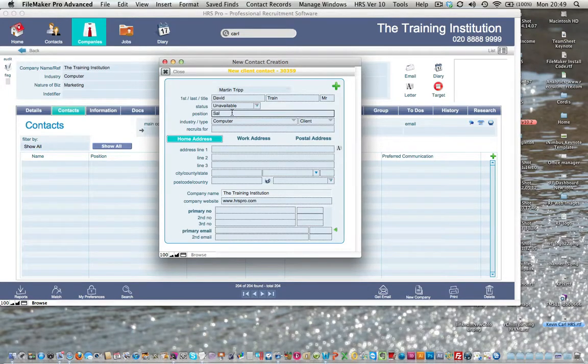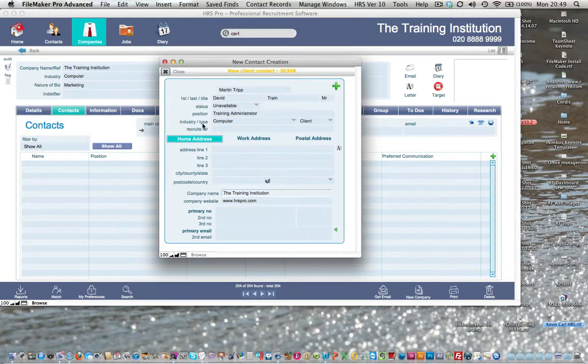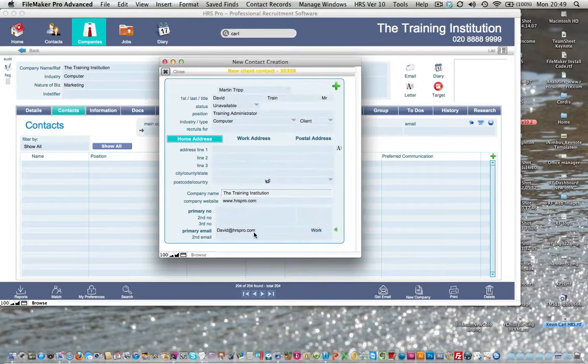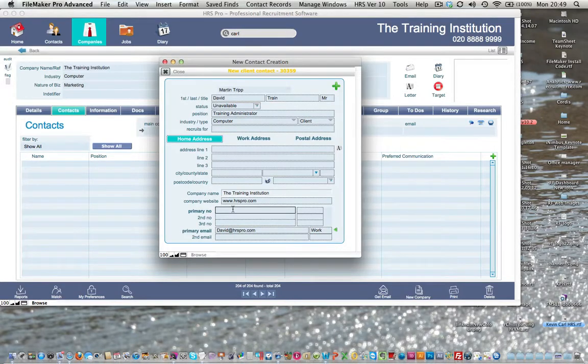He's the training administrator. And you can put in what he recruits for, his home address. The work address would be automatically picked up from the company tab there, and the work address, so forth, can be done the same way. And then the email. We're going to add an email here. You've got a little arrow there. If we click on that arrow, it will show you a few options of what the email could be based on our criteria. So we'll choose the name there,